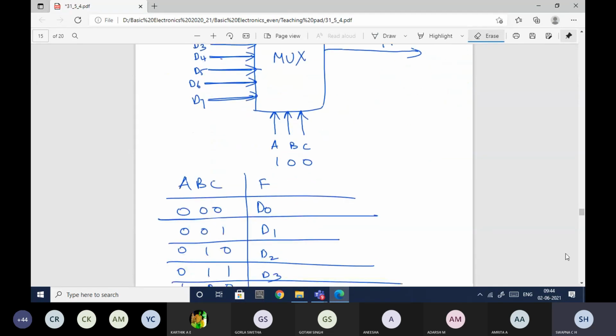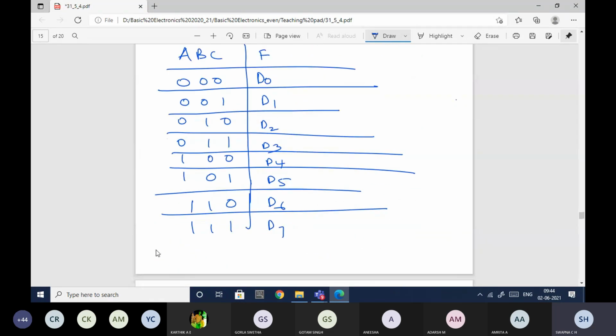The output equation here will be written in a different way. Hope you people will understand. Let me name this output as F. So the F equation will be written. I may get D0 as my output. So I will write the equation for this first input. Everything is input only. ABC is input, and D0 is also an input. So I'll write the output equation for F. The ABC input values: A value is 0, B value is 0, and C value is 0. So I'll write A bar, B bar, C bar, and also D0.